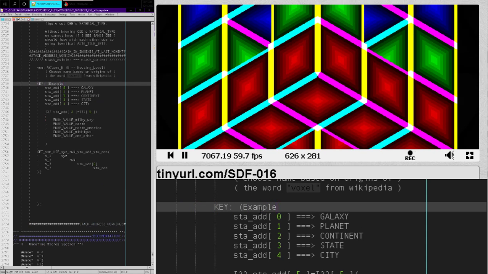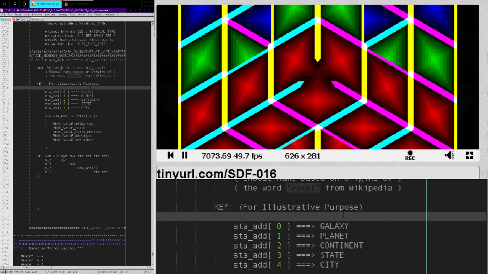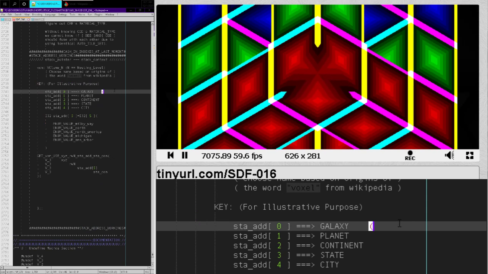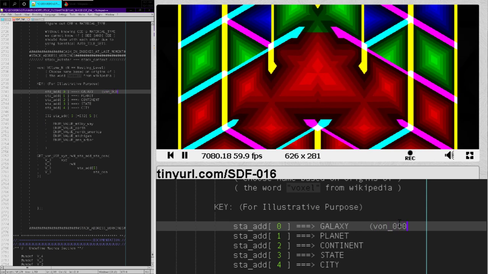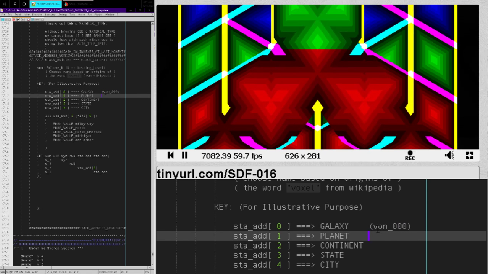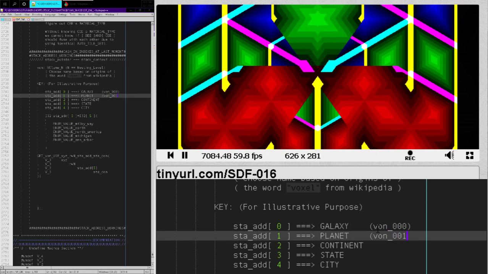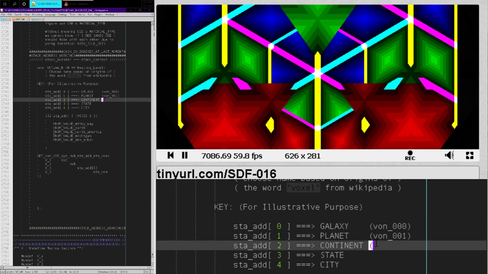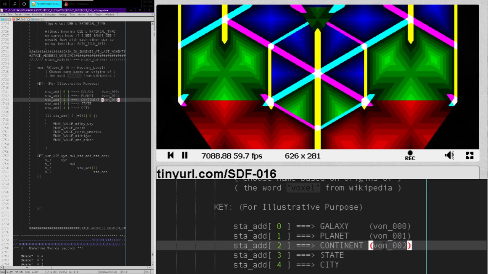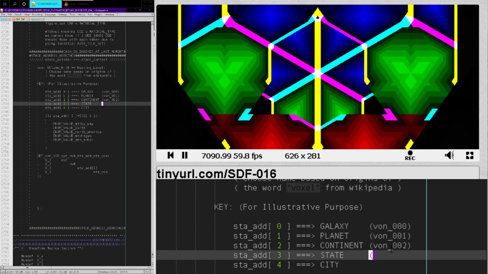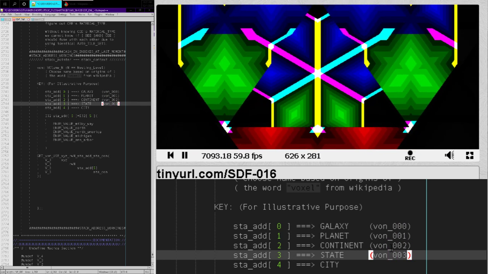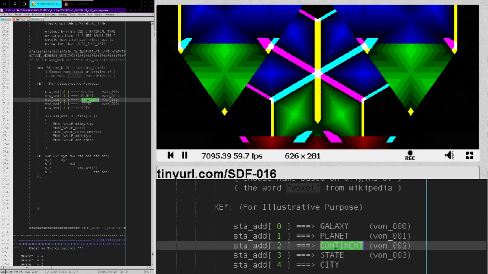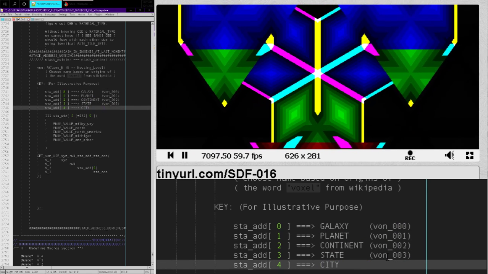an example for this. So this would be a Von 0. This would be Von 001. This would be Von 002. And Von 003. So instead of being galaxy, planet, continent, state, city, where you can keep on going deeper and deeper,